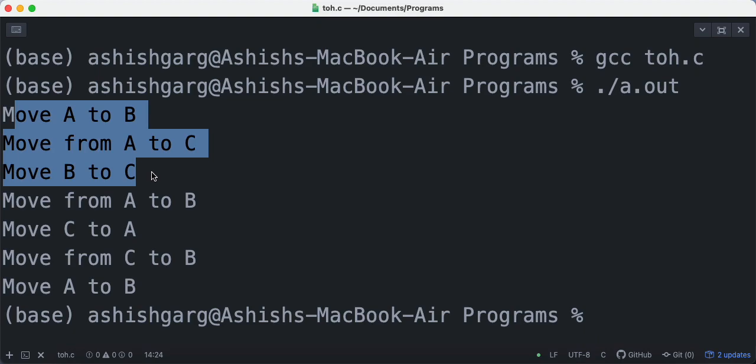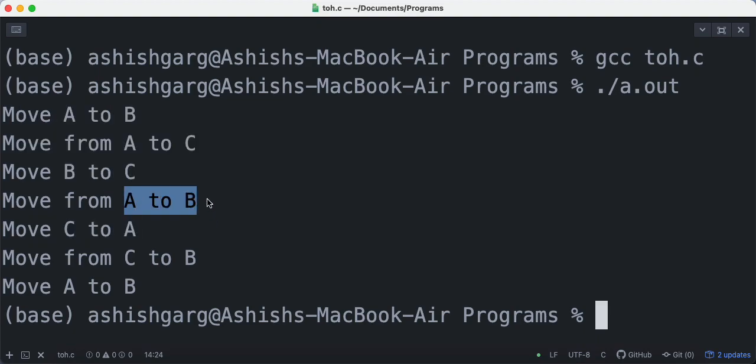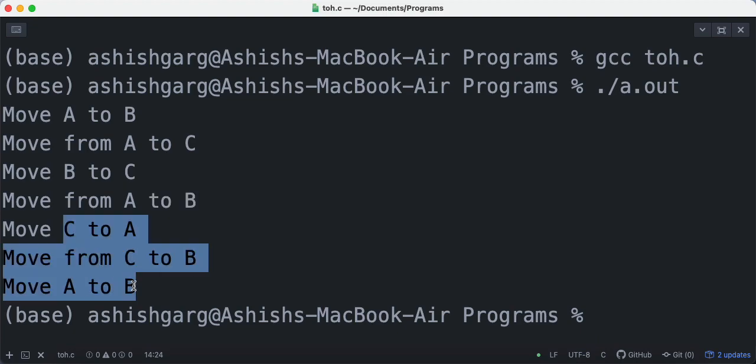Now we are left with only 1 disk at the source tower, and my destination tower is still empty. So by using this next command we have moved A to B, that is, the largest disk is moved from source to destination, and then we have to move the 2 disks which are on auxiliary right now to the destination by using these 3 steps.